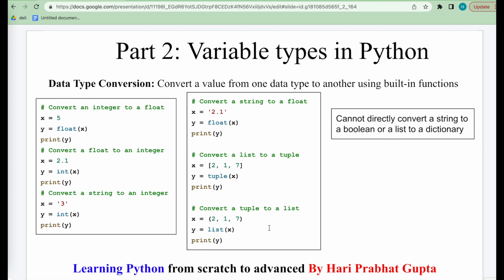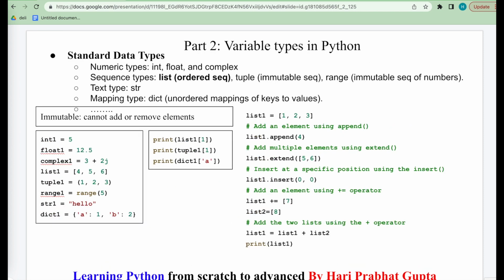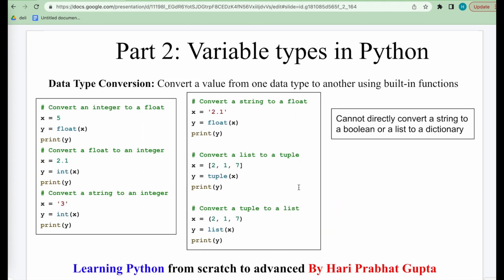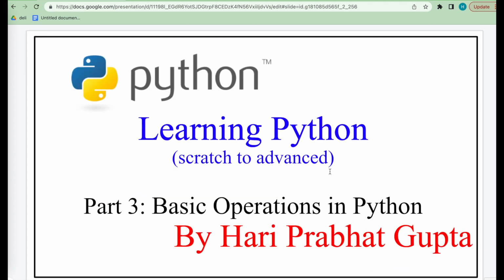Okay, so this is all about the data type conversions. In this part we have covered three things. One is how to assign values and standard data types, and we also covered data type conversions in Python programming. So in the next part, part 3, we will see the basic operations in the